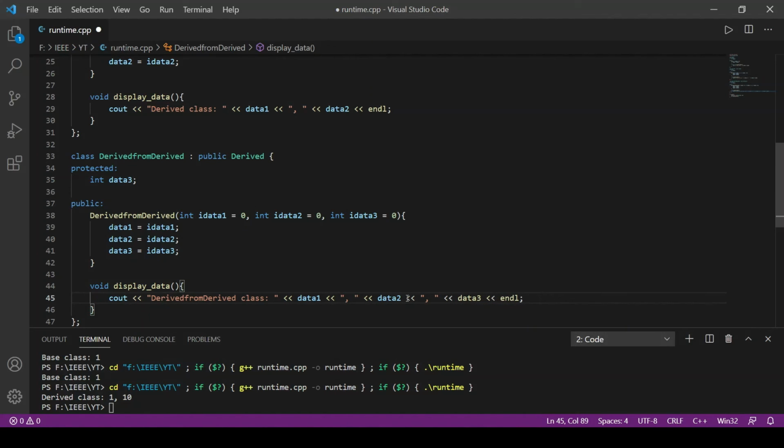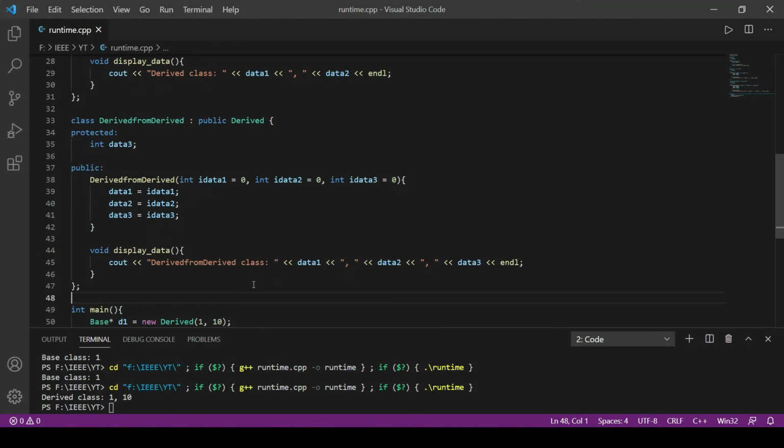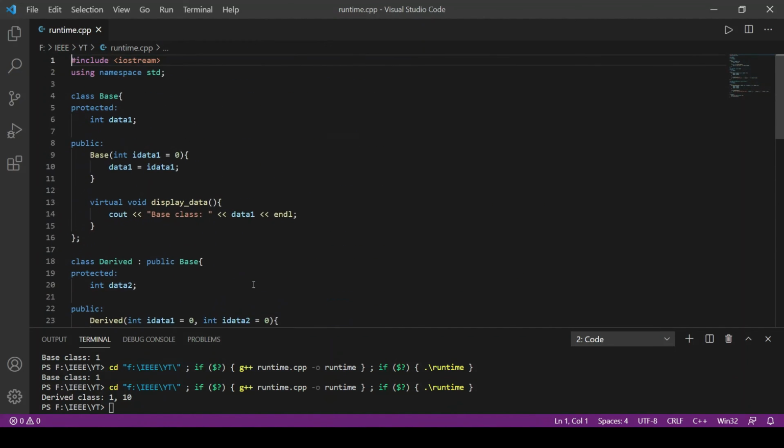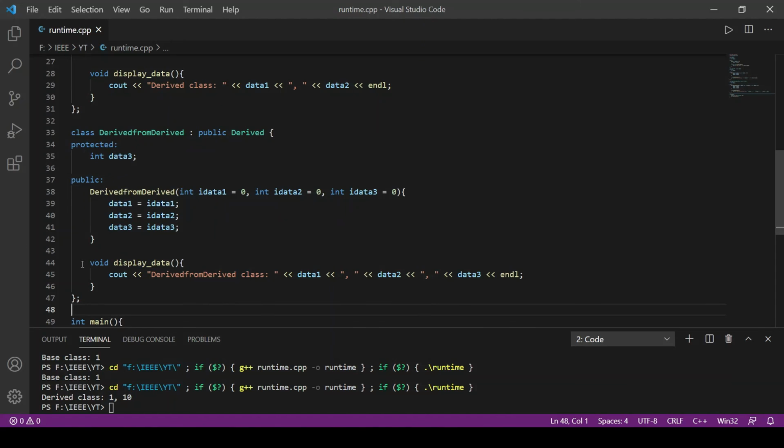That should do it, yes. Now let's take a look at the virtual keyword. We have the virtual keyword in the base class for display data function. In derived class though, when we redefined the display data function, we haven't mentioned virtual. And in derived from derived, we have the display data function redefined.